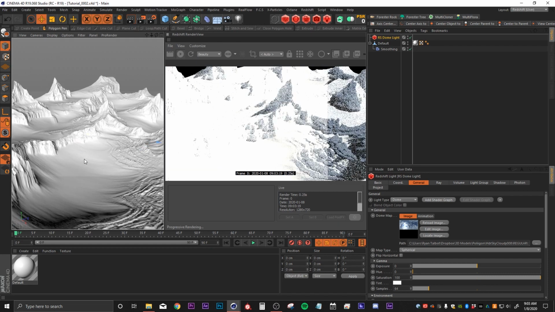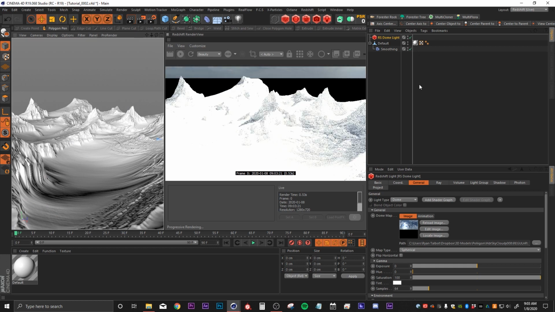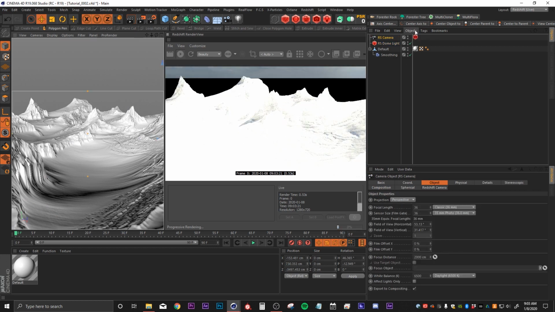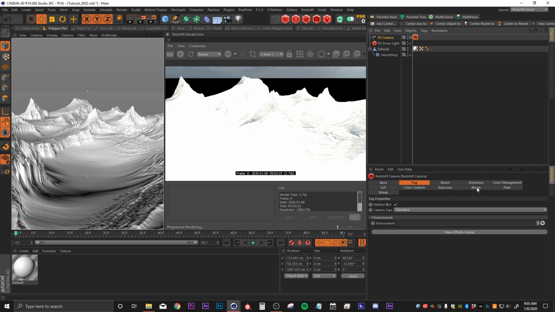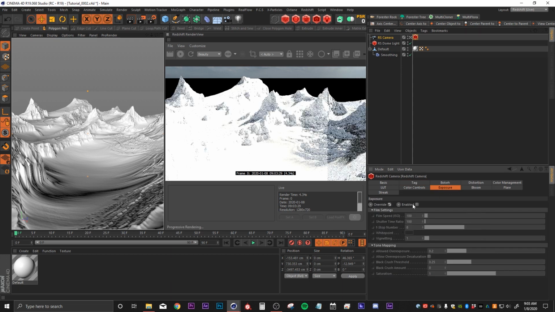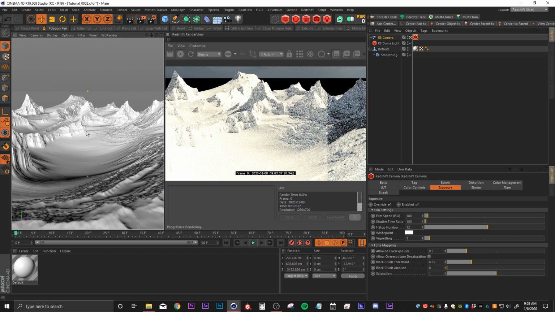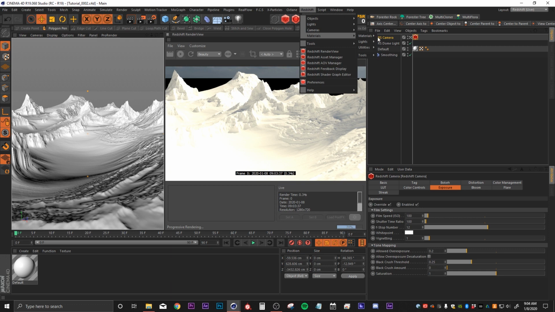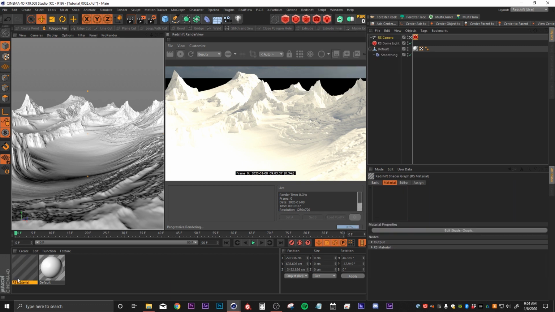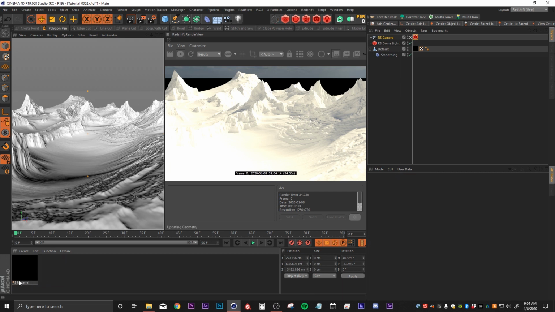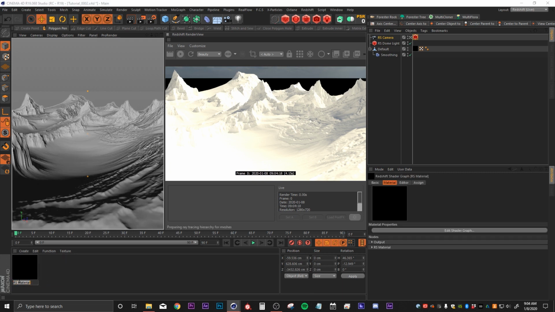So now that we have some light going on in here, we can see that it's way too bright. Let's also drop a Redshift camera in here. And real quick, I'm going to turn on the exposure override and enable this. And I'm going to change our f-stop to something like 12, and that's going to help us see a little bit better what's going on in our scene. Why don't we drop in our Redshift material and start texturing? So we're just going to drop in a regular Redshift material and drag it onto our landscape, delete that default one, and it's going to take a second to load because the geometry is very dense,